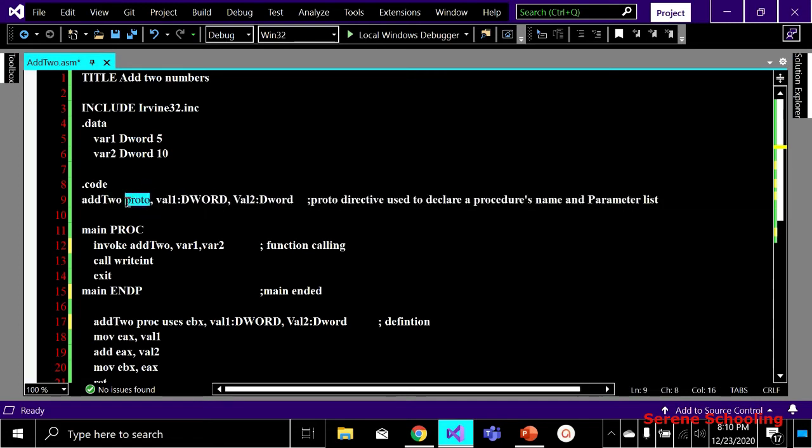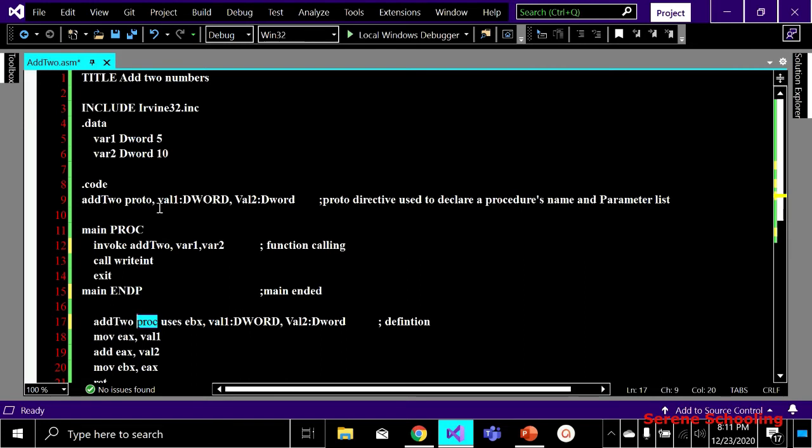This is very important. When you write a prototype, you must write PROTO here. And when we define our function, we must use PROC. This tells us this is simply a prototype, and this tells us that this is the definition of that procedure. These two must be used, okay?